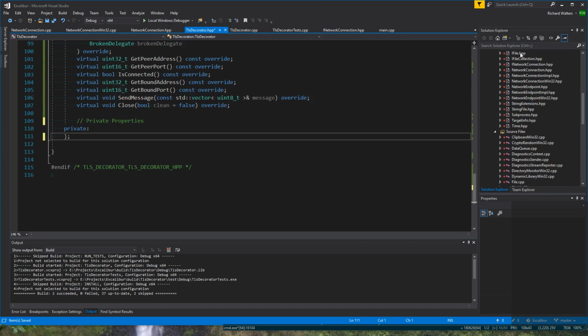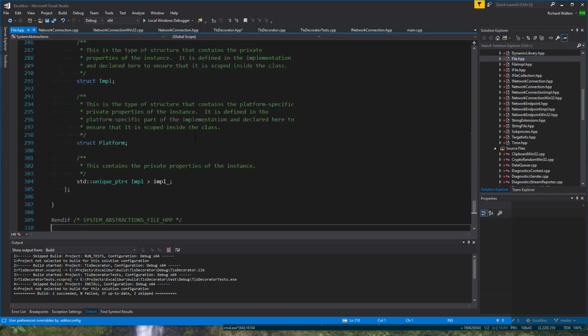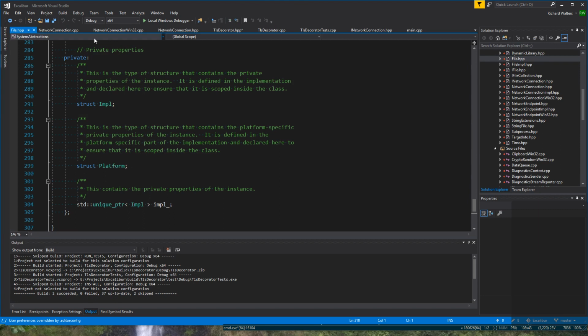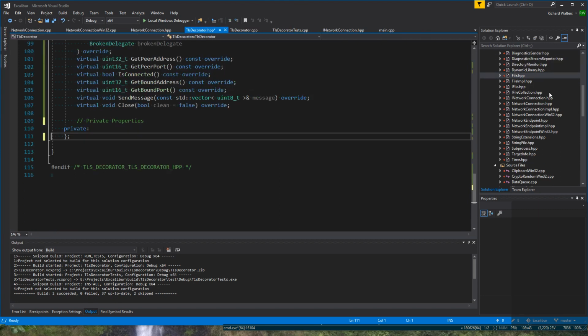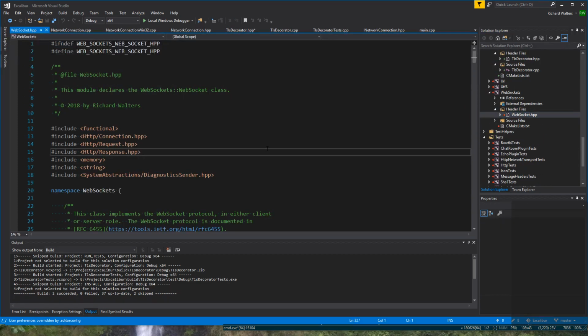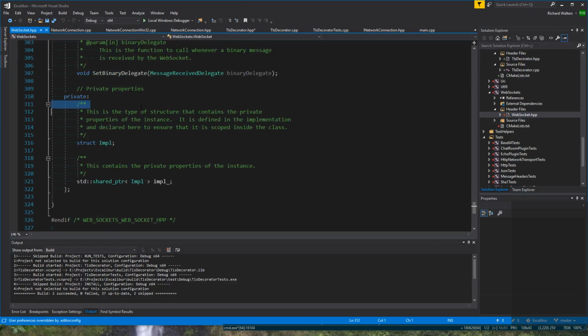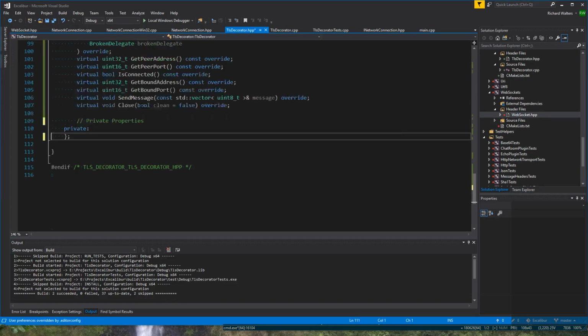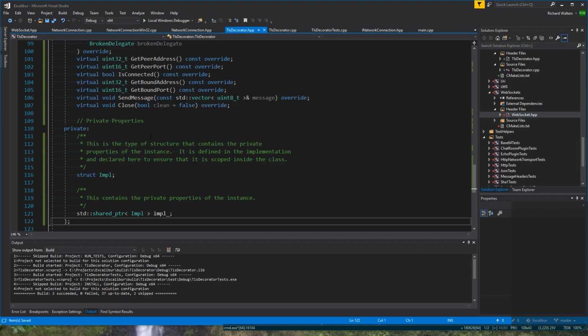Network. How about file? No, not this much. The simpler boilerplate that doesn't have OS differences. How about WebSockets? Since I kind of liked WebSockets. I liked working on that one. That was a fun class. There's our standard boilerplate. We define a structure. We define it here